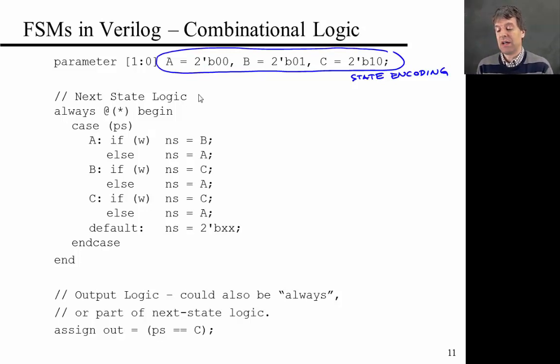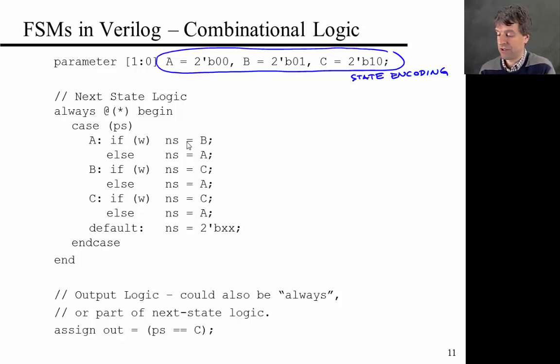Then we're switching to the next state logic, and I think this is very intuitive to read. We have an always @(*) statement, which just means it's a combinational logic system, meaning the values will be updated every time an input to the system changes. And we're going to introduce this case statement, which we can interpret as the case for the present state. So if we're in case A, which is 00, and the input W is true, then the next state